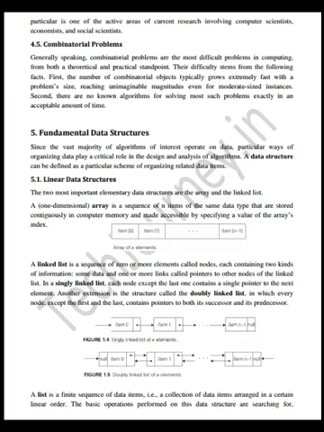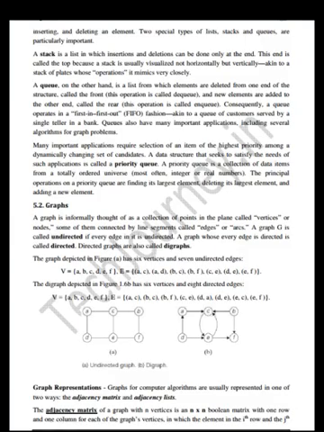A list is a finite sequence of data items, that is, a collection of data items arranged in a certain linear order. The basic operations performed on this data structure are searching for, inserting, and deleting an item. Two special types of lists, stacks and queues, are particularly important. A stack is a list in which insertions and deletions can be done only at the end. This end is called the top because a stack is usually visualized not horizontally but vertically, akin to a stack of plates, whose operations it